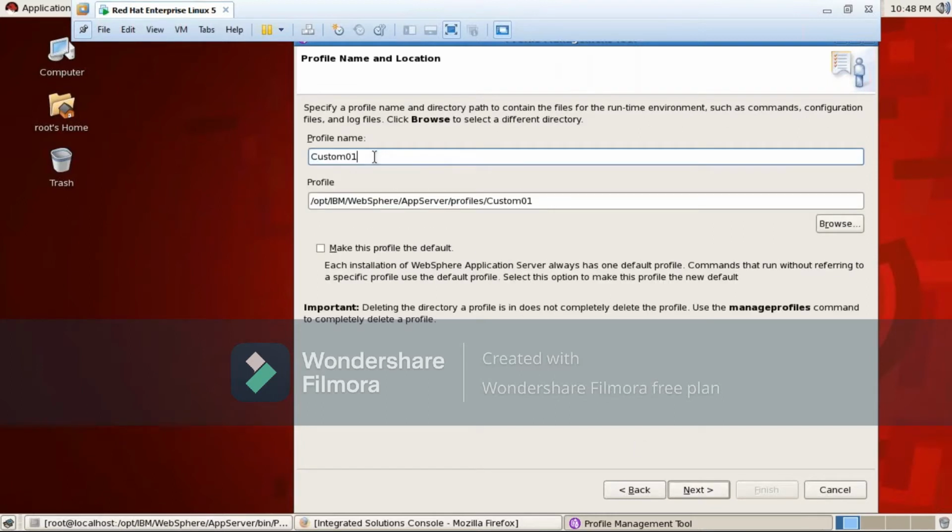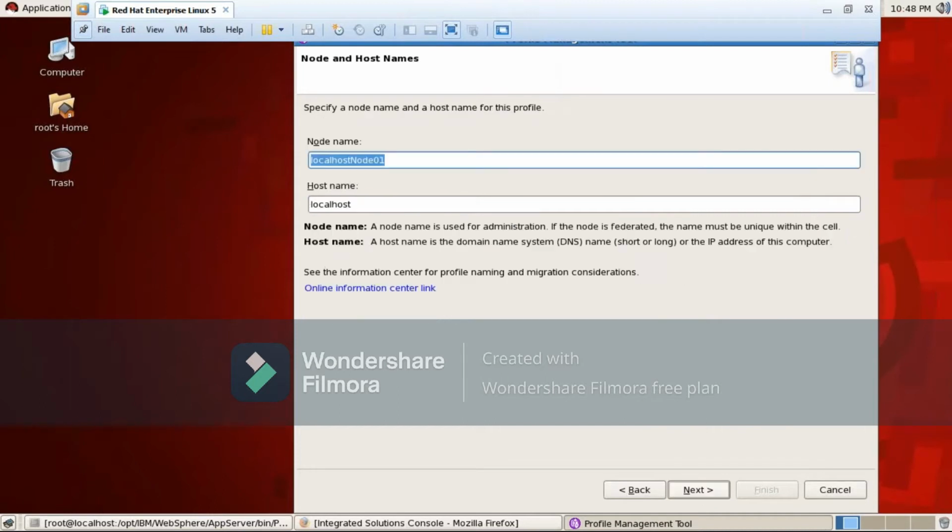Profile name custom 01, and this is the custom profile home, and the node will be given as a node, and host name is localhost.